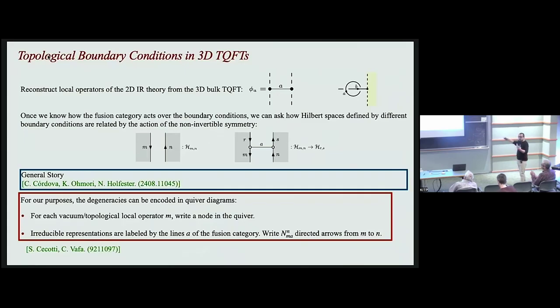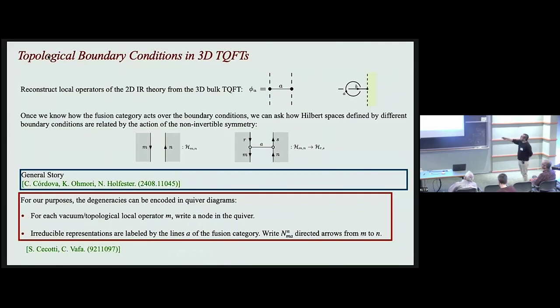And therefore, we will be able to make the analog of how the W line acts over the W in the picture a while back in the pedagogical example. We will be basically able to find the analog of that by acting with the lines of the 2D theory over the vacuum constructed in 3D by stretching an anyon in the bulk from one topological boundary to the other.